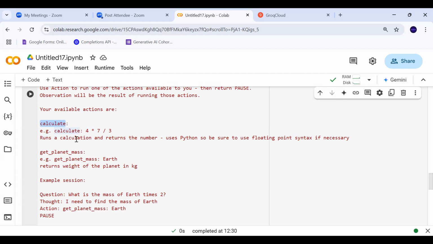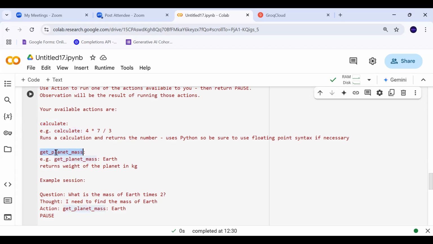So it says runs a calculation and returns the number. Uses Python, so be sure to use floating points syntax if necessary. This type of lines are very, very important, which basically helps your LLM to understand how this action can be used. So we have to be very cautious while describing our different actions.